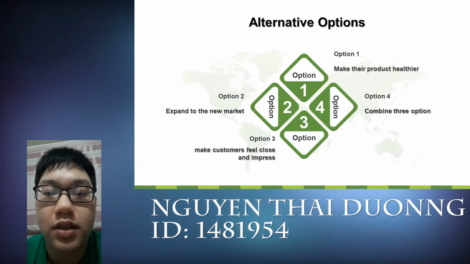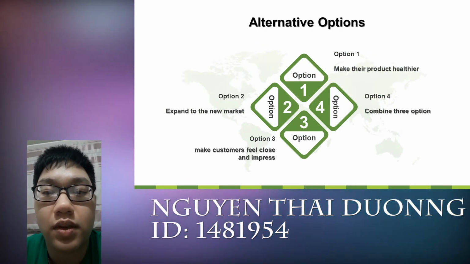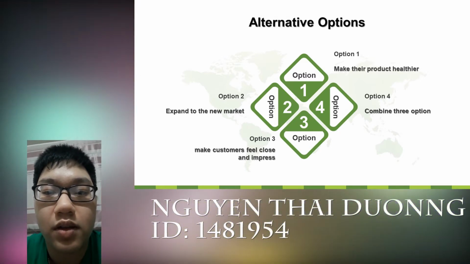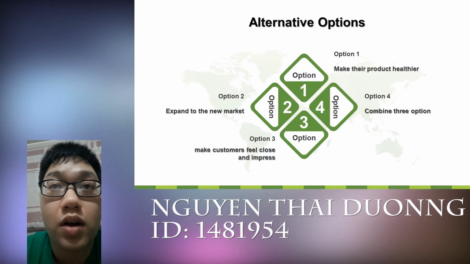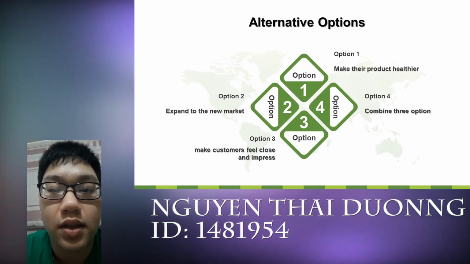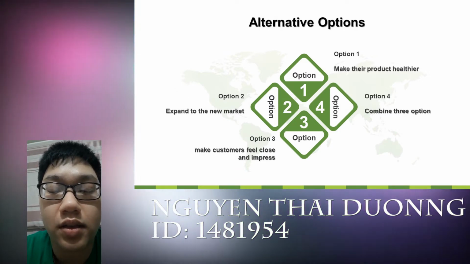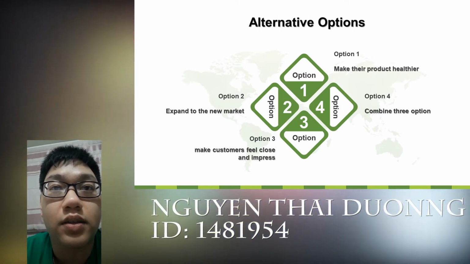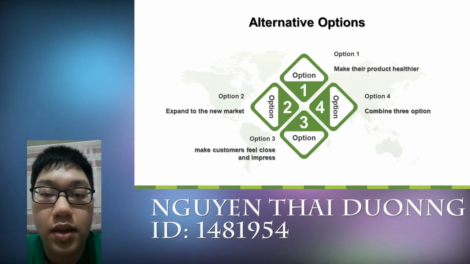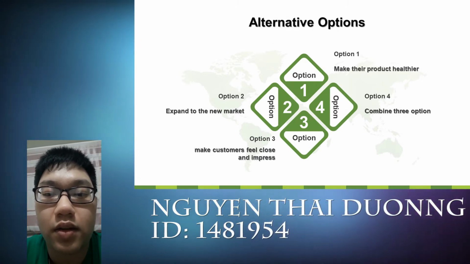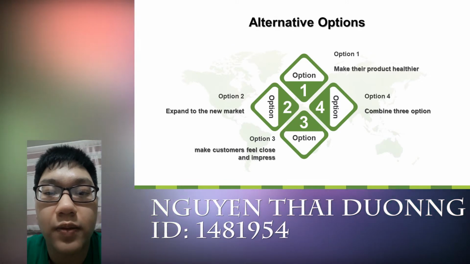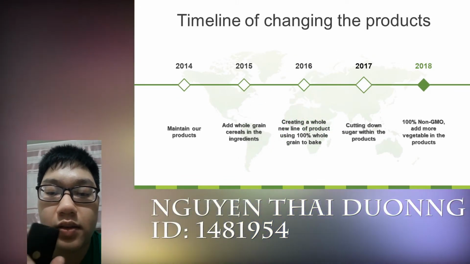So, first is our alternative options. Based on the previous part, Part 4, we have 4 options here. The first option is to make the product healthier. The second is to expand to new markets. The third option is to make customers feel close and impressed. And the last option is the combination of the 3 options above. So first,